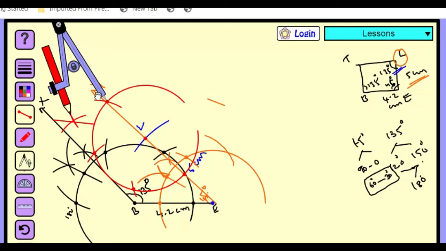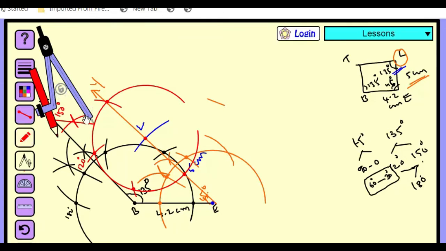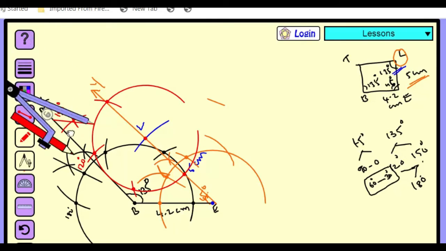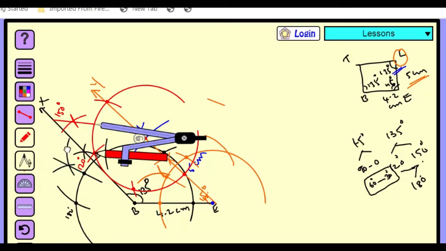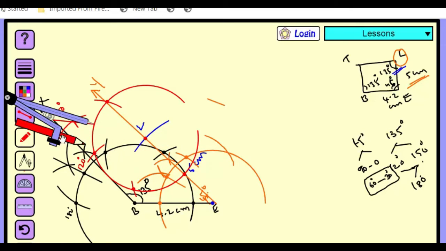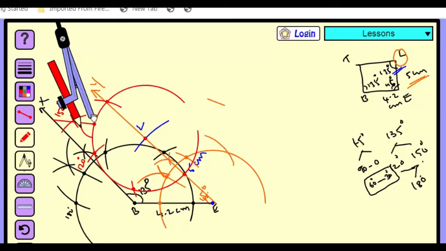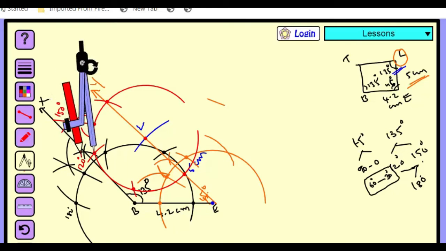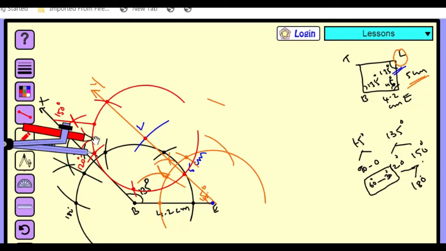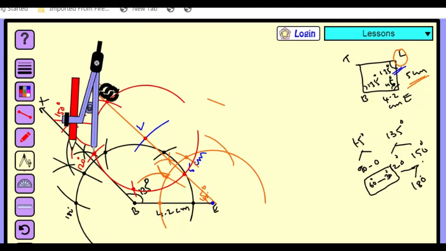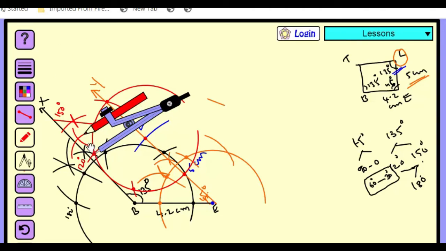For that you should take, so I have written here 150 degrees and 120 degrees. Now we are going to bisect these two. So for that you should take the compass radius more than half of the length of this 120 and 150. So now with 150 at the center, draw an arc here. Now with 120 at the center, draw another arc which cuts the previous arc. Now here we are getting two arcs. Now these two arcs indicate the intersection at 135 degrees.